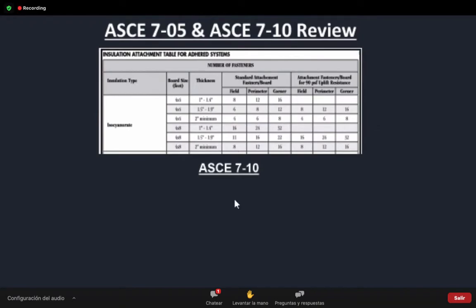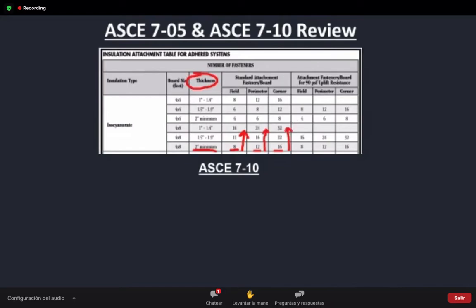It's in our spec books, where depending on the thickness of an ISO board is going to determine how many fasteners per board. So, for example, our 4x8 2-inch ISO, we have 8 fasteners per board in the field, 12 in the perimeter, and 16 in the corner. Now, each time the ISO board gets thinner, it starts getting a little bit more aggressive on the screws, right? So as you can see at 1 inch, we're at 16, 24, and 32 fasteners per board on a 4x8